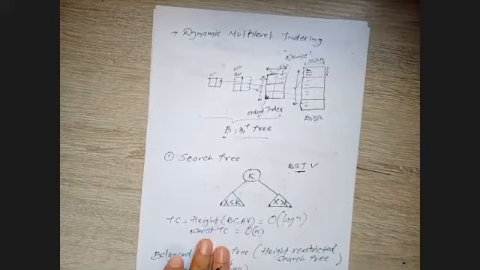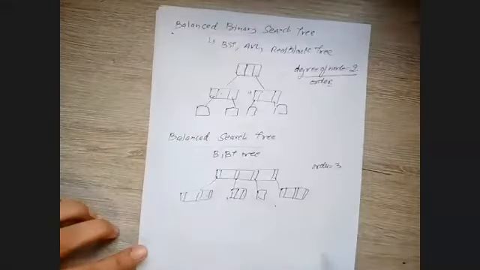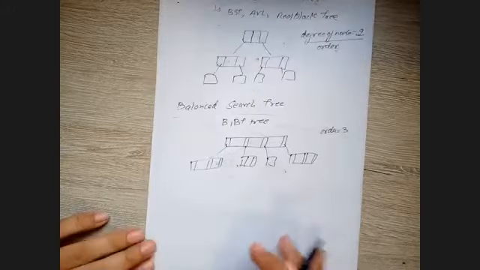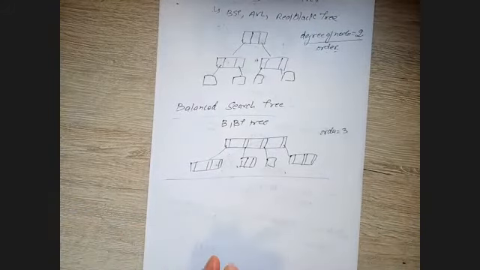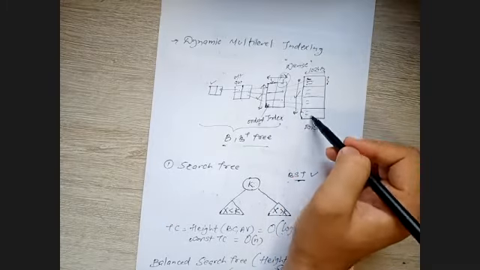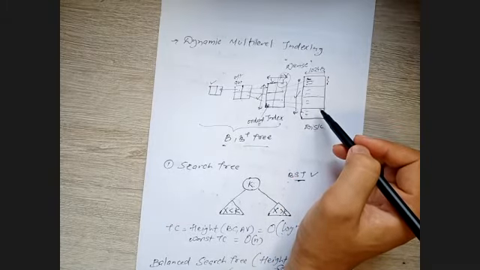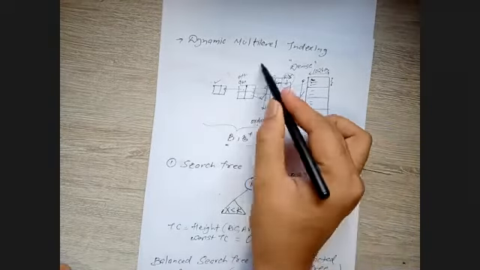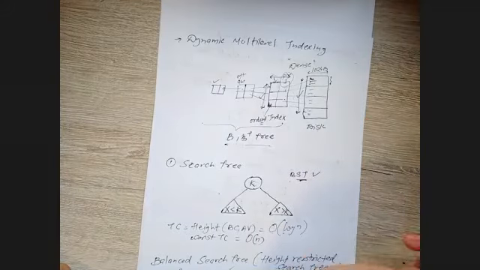And due to this reason, let's understand this more in depth. For example, I will just tell you why B and B plus tree are used for database indexing rather than balanced binary search tree. Remember these few points that we have already understood, and we know that data access is from your disk, that is block by block, yes or no? So this is what we are accessing from the disk, block by block. Database file is stored in the disk, right? So the index to the database file also must be in the disk. So whatever index page or index file we are making, these are also available in the disk over here, right?